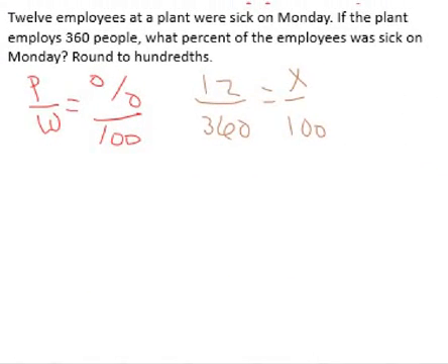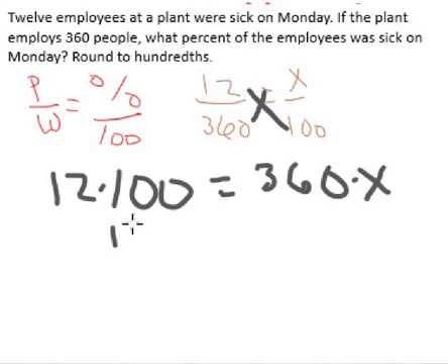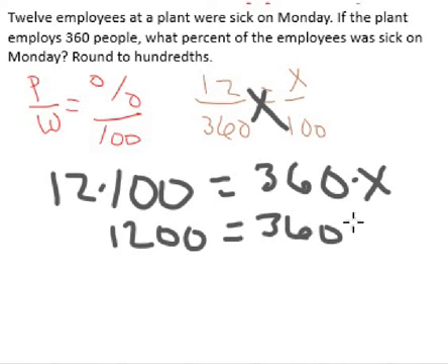And to solve this, we would cross multiply. So I would do 12 times 100 is going to equal 360 times x. 12 times 100 is 1200. And 360 times x is 360x. And then we would divide that by